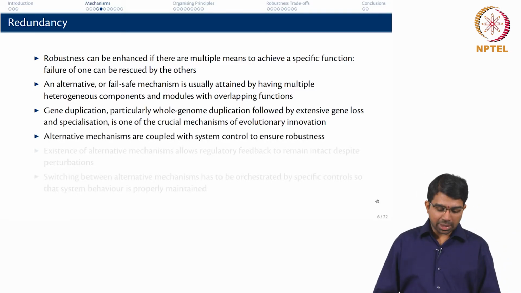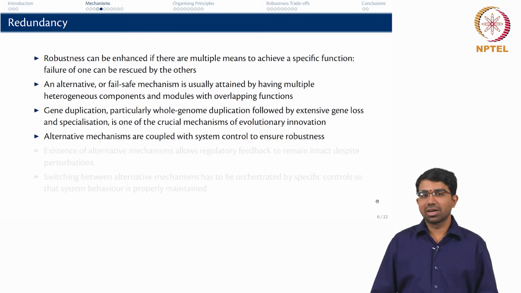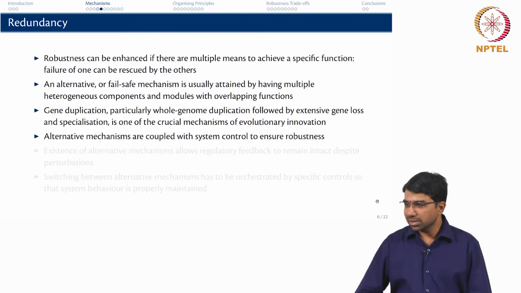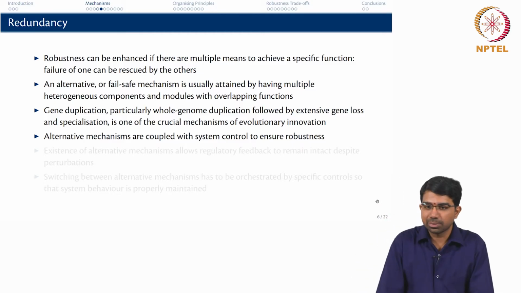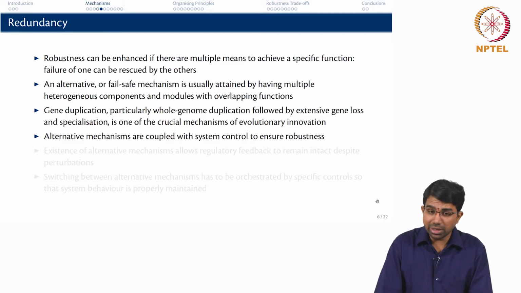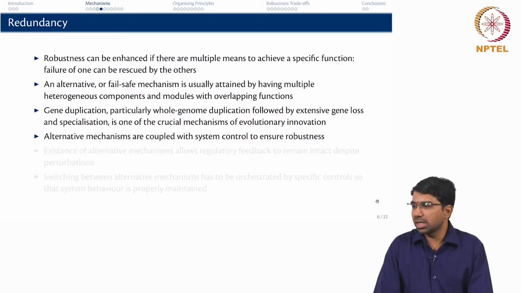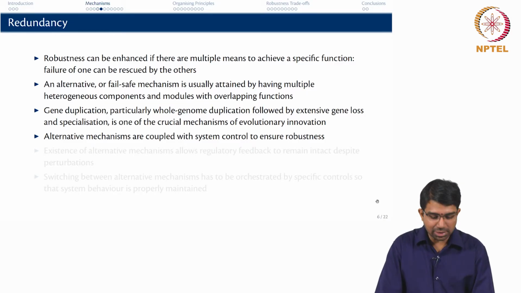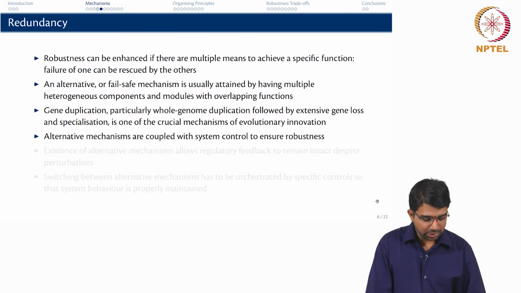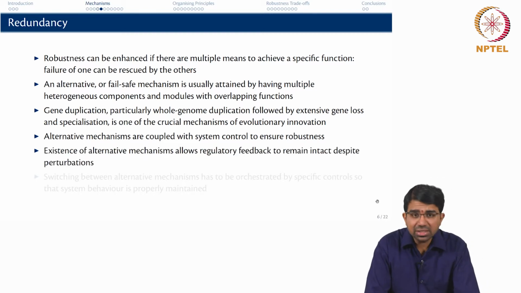And alternative mechanisms are obviously coupled with control to ensure robustness. Maybe the cell will not express both genes at the same time. If you have isozymes, it will express only one of them, and when the first one goes off, it will start expressing the next one, right. So, there is a control mechanism that underlies this whole robustness aspect of the cell,